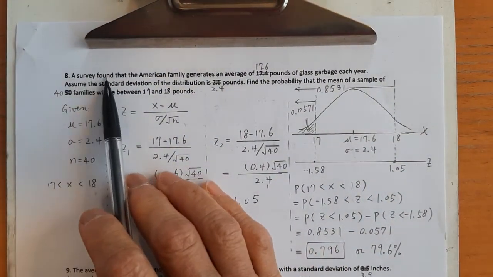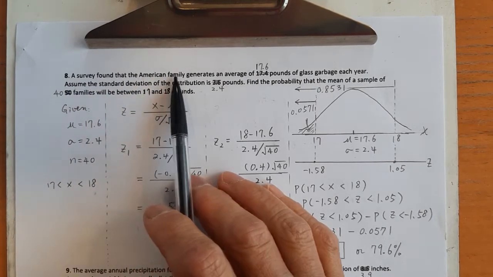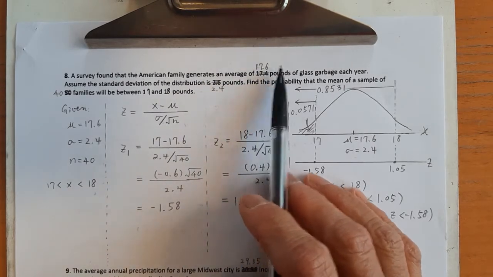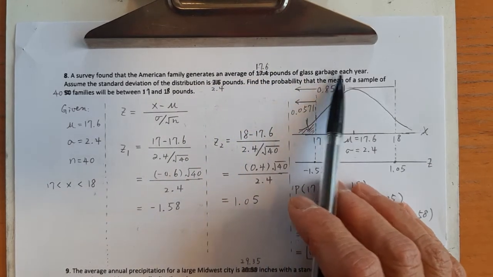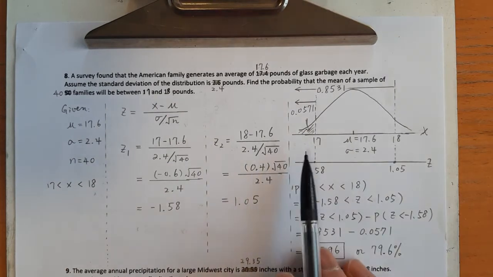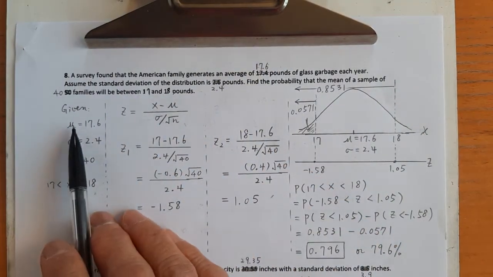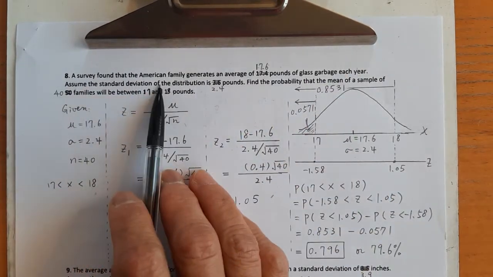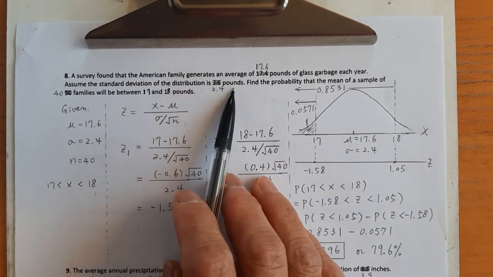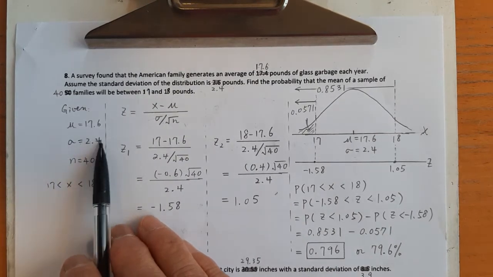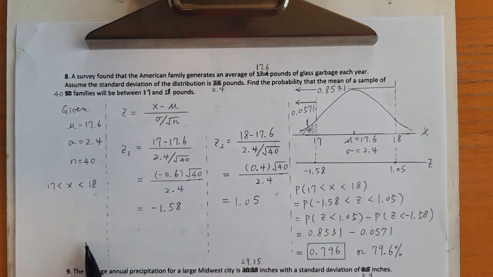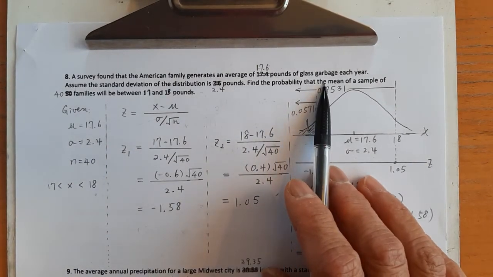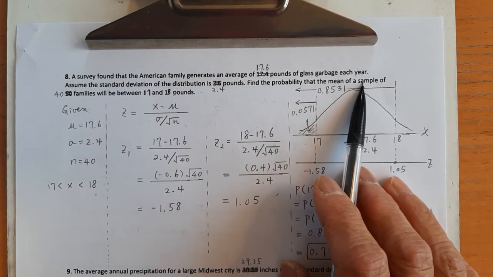A survey found that the American family generates an average of 17.6 pounds of glass garbage each year. So here the given mean is 17.6. Assume the standard deviation of the distribution is 2.4 pounds, so sigma equals 2.4. Those are the given conditions. Find the probability that the mean of a sample